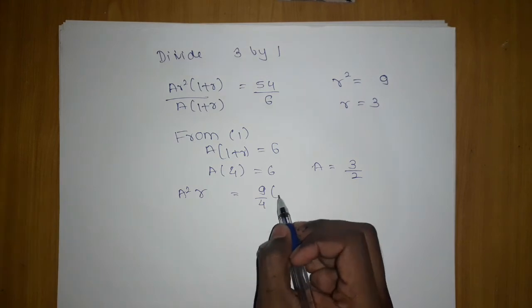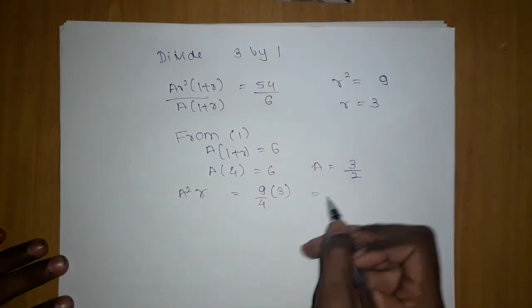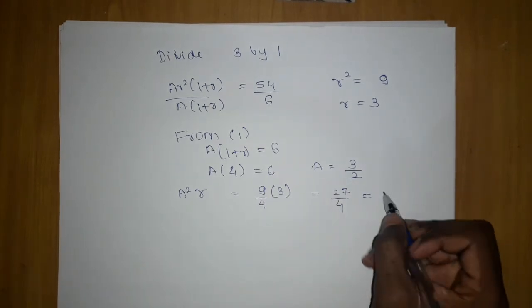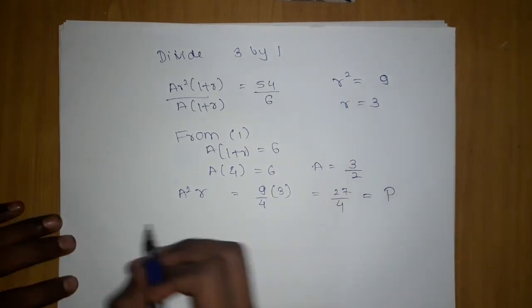Into r is what? 3. Okay, which will give us 27 by 4. So we got p. Now for q